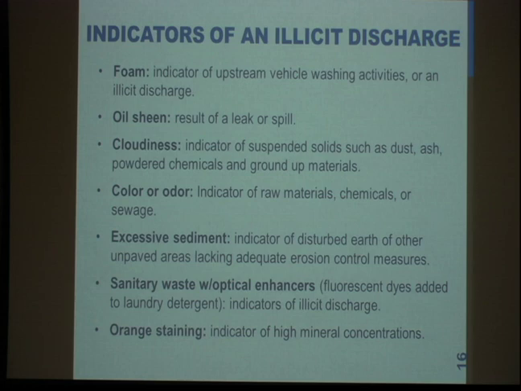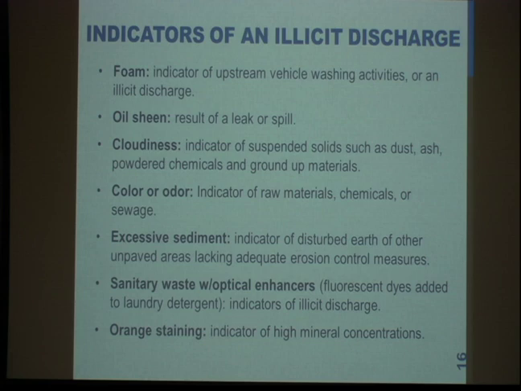Oil sheen, obviously if there's an oil leak somewhere. Cloudiness in waterways might indicate some sediment, some sort of suspended solids coming maybe from the street. Color and odor might indicate that something is being dumped in there, or sewage. Excessive sediment, so if the stream looks like a lot of dirt has been slowly piling up there,